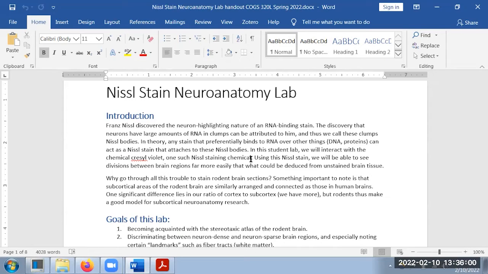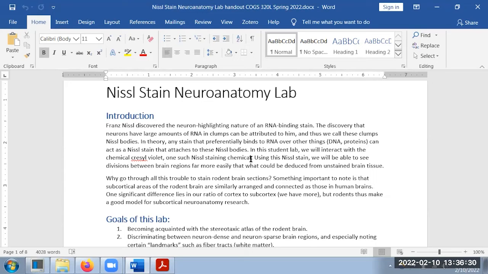Now, it begs the question, we're going to go through this process of putting brain sections from rats onto slides, staining them, and then looking at these and trying to match them with the rat brain atlas. Why go through all the trouble to do this? Well, something to consider is that although we know that rats are not people and vice versa, despite our own internal feelings about some particular people,